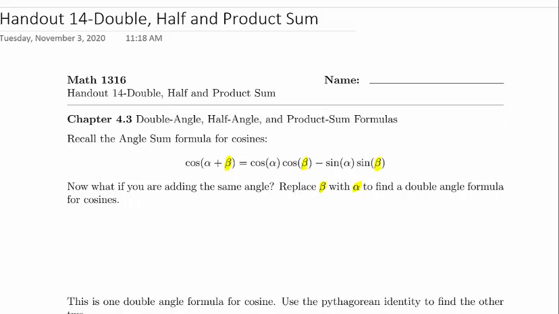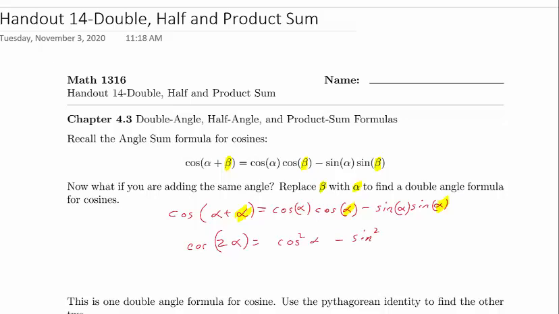So when we write it out, here we have cosine alpha cosine alpha minus sine alpha sine alpha. We'll go ahead and throw in the highlights to make it clear where we did our substitution. And so this simplifies down to cosine of 2 alpha equals cosine squared alpha